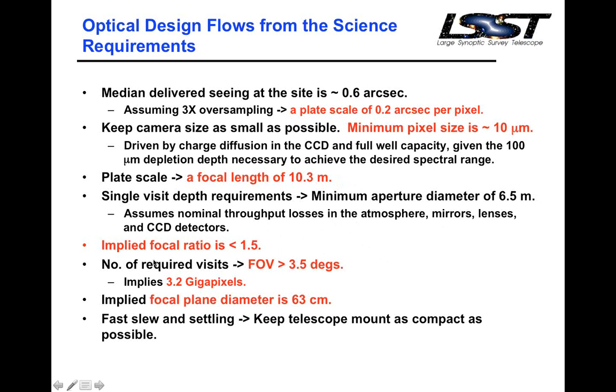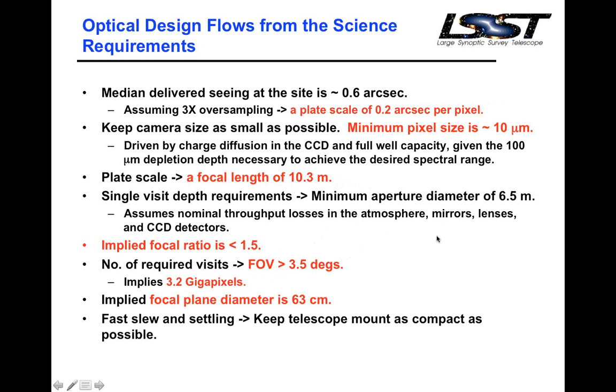Then you take the number of required visits that I indicated, each visit corresponding to 30 seconds plus the interval time, something like 39 seconds per visit. And you say we want to get all those visits over 18,000 square degrees in 10 years. How large a field of view do we need for each visit? And you come up with a number of 3.5 degrees, which given 0.2 arc seconds per pixel tells you need a very big camera, 3 billion pixels,